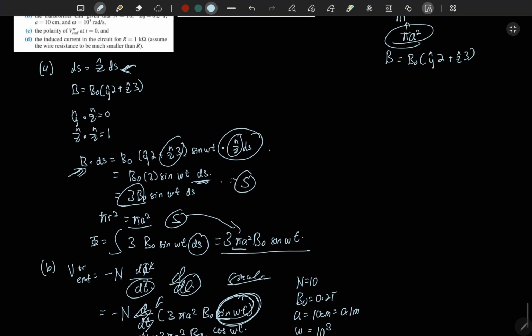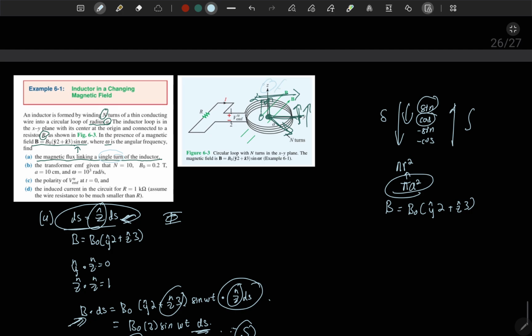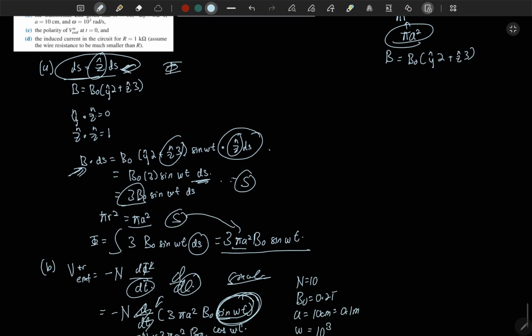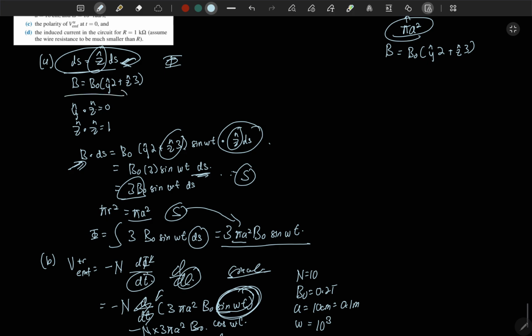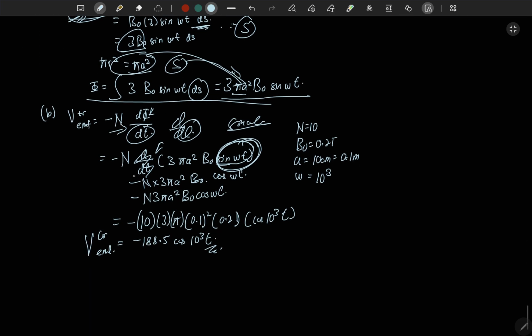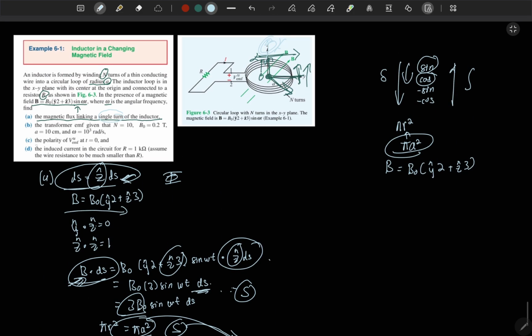Now what happened? We calculated the flux first. By calculating the flux, we took this. This Z depends on the question. In this case, Z is the changing one. So we had the B naught, then B dS, then we integrated it to find the dS, which is the area, into here. Then d over dt for sine becomes cos. Then if we complete it, we'll get this. Now this C, what does the C show? The polarity of the voltage.